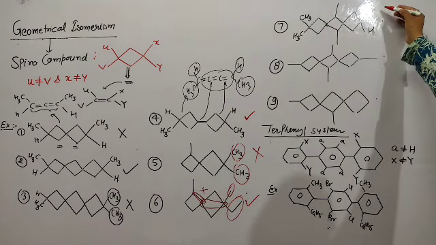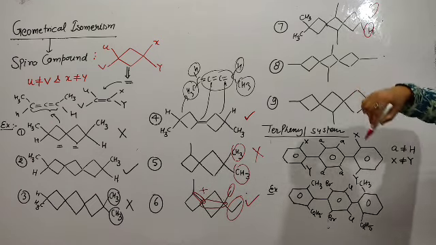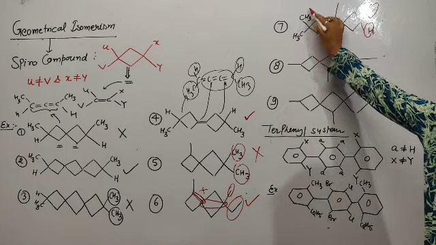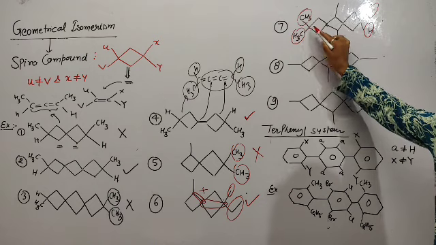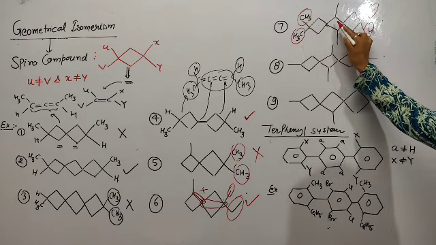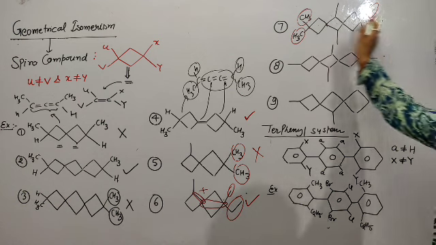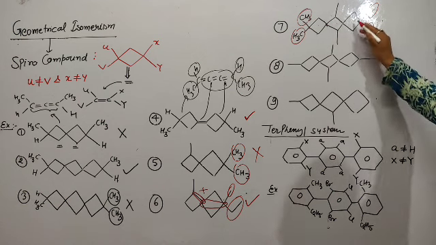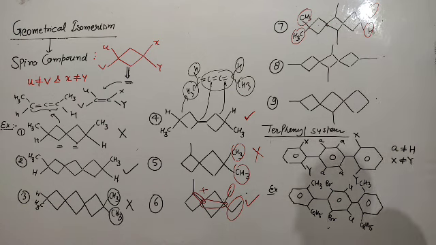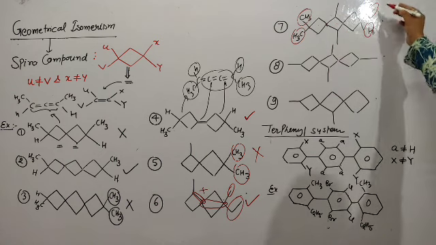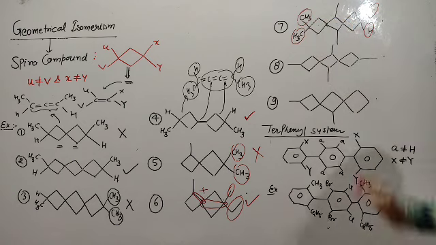Now come here, both groups same. Here what? CH3 and CH3, both groups same. C double bond CH. So like this system, this molecule does not show geometrical isomerism. This is an odd number of carbons, but the terminal groups are both the same. That's why no geometrical isomerism.